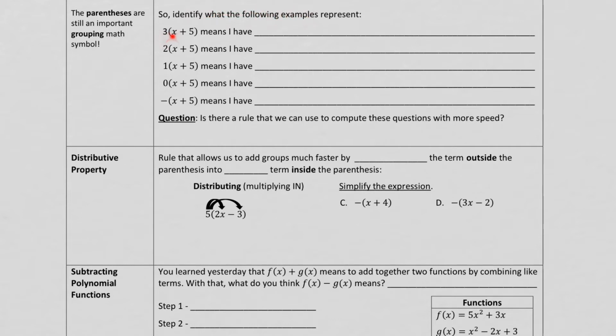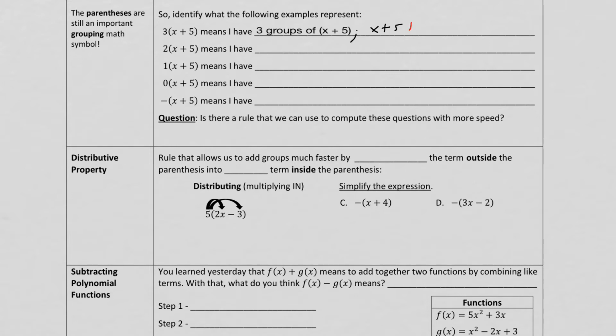Now when you guys see this expression, 3 times the quantity x plus 5, what does it really mean? So if I see the parentheses, remember that this is a grouping symbol, so this is a group of x plus 5. And since multiplying is repeated addition, all this means is that I have 3 groups of x plus 5 being added together. So if I were to expand that out, it just means I have x plus 5